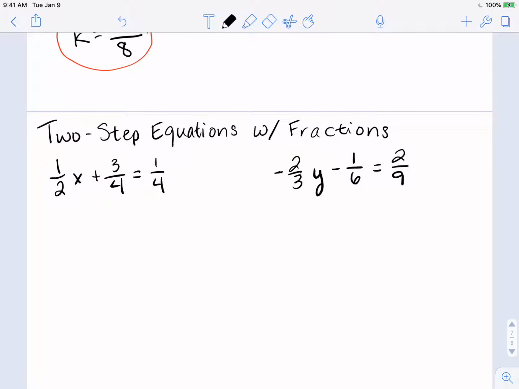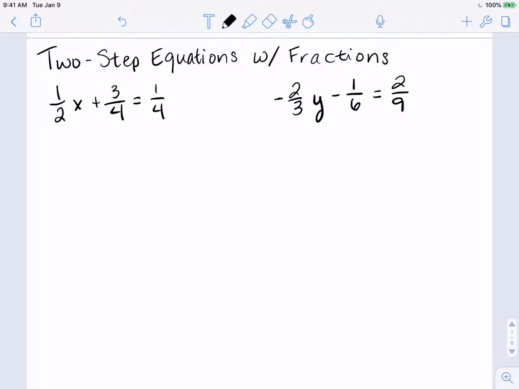Now let's look at two-step equations. So again, treat this the same way we would any other two-step equations, just like you did on your quiz, just like you did in previous class activities. So you say -3/4, because remember, this is addition. You're going to do the opposite of that. So you're going to subtract 3/4 from both sides,